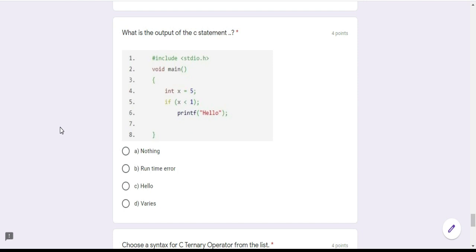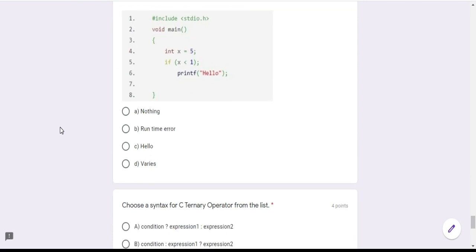And the next statement is void main, int x = 5, if x less than 1. Actually 5 less than 1 is a false statement, so it will not work. So what will happen here? The statement is false, so nothing will happen.